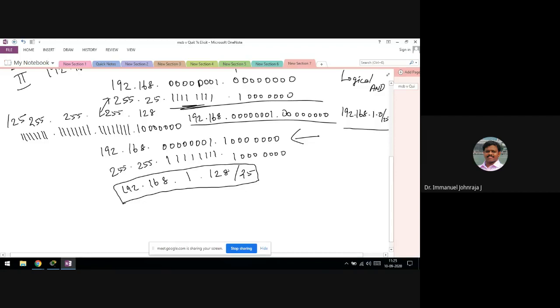Still, if you feel, no sir, I'm not at all convinced, then I should explain to you how they are working as different networks, right? So let me take the second example so that I can go a little faster. I said this is the network address. What is the network address, sir? In one of the classes, I gave the statement which read: network address is an IP address where all the bits in the host portion are 0, right?